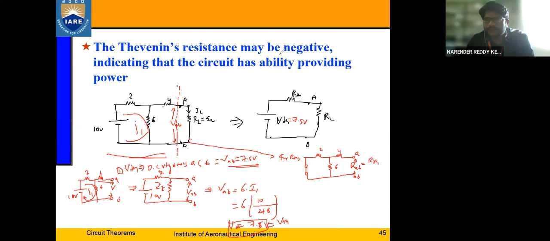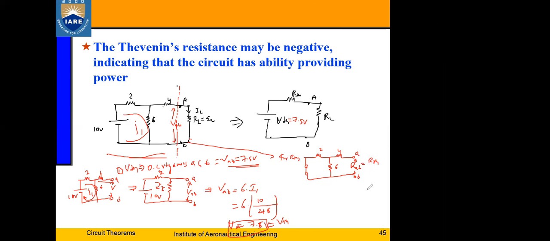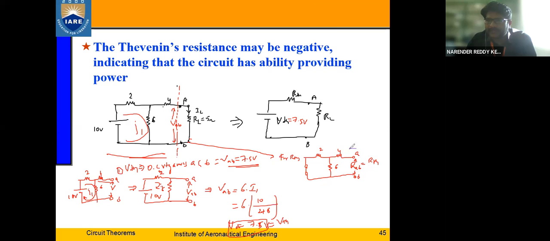Which 6 ohms? See, the definition itself means that we need to look back into the circuit, right? Looking back into the circuit is nothing but assuming a current flowing from here. So what will happen if the current flows up to this junction? Whatever current I send will be the same in 4. But at this junction, it will be divided into 2 parts, right? Then it comes back to this node. So when there is a splitting of current and coming back of current, these two are